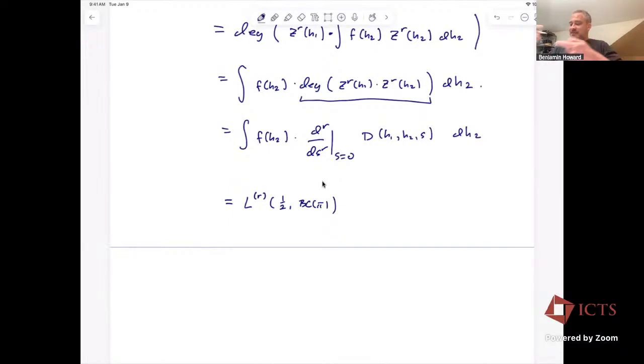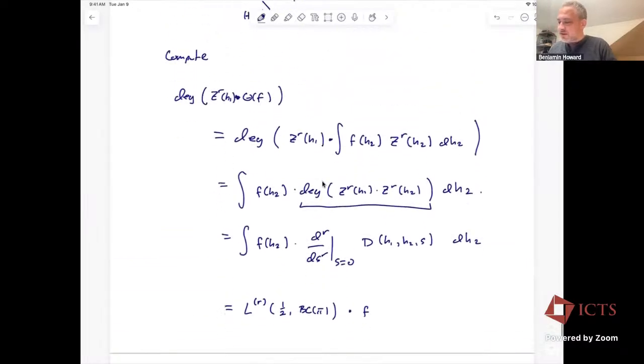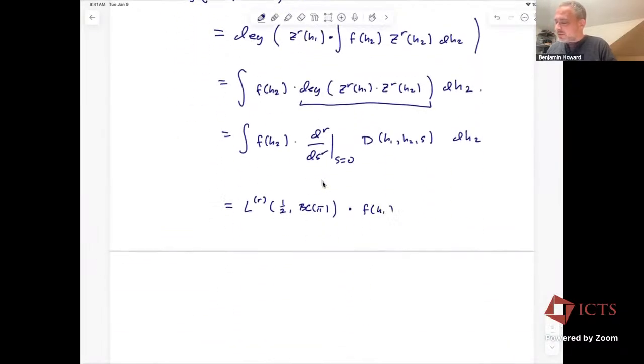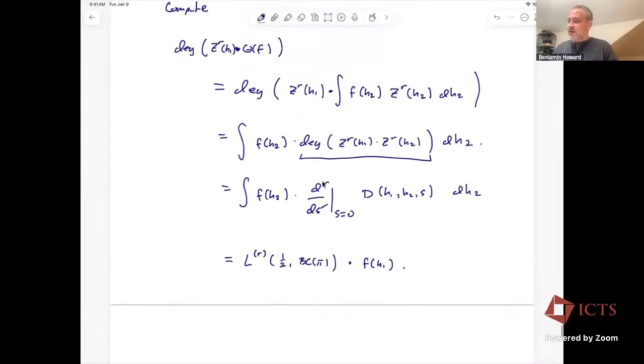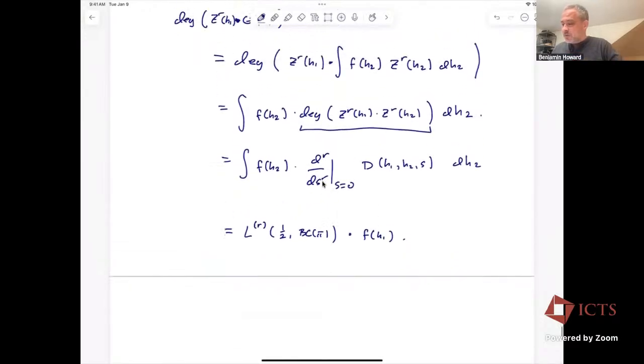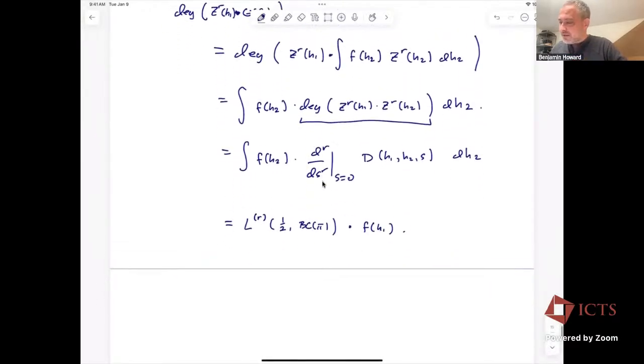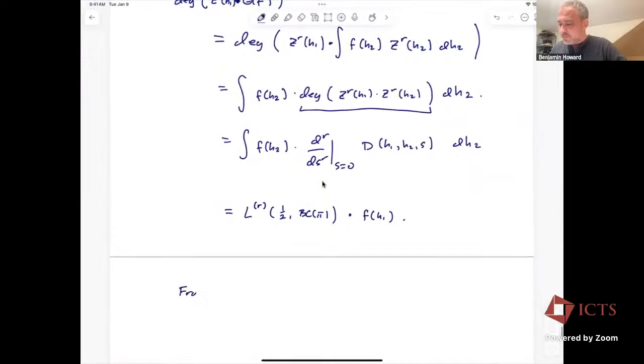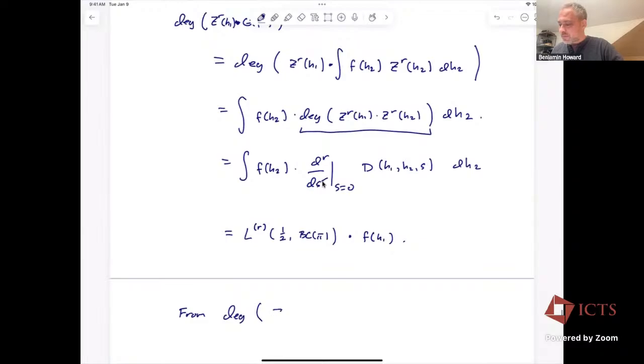And remember, this doubling kernel gave you back the form that you started with, now in the variable h1. So you get this formula. This is an equality of scalar valued automorphic forms. And now, what you can do from this equality, so from the degree of ZR H1